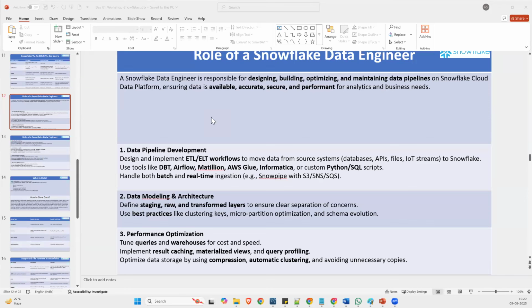And as a data engineer, there is very high demand for data engineers. Why? For example, in one team there are two database administrators and one architect, but there should be 11 to 12 data engineers who design scalable data pipelines, right? The data engineer writes the SQL queries to ingest the data.